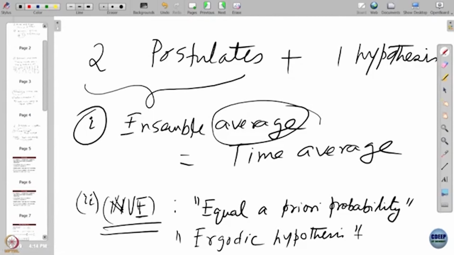So, statistical mechanics is two postulates and one hypothesis: ensemble average and time average, and equal probability, and then the ergodic hypothesis. Okay, so that is essentially that. After doing that, what did we do? After doing that, we went on to